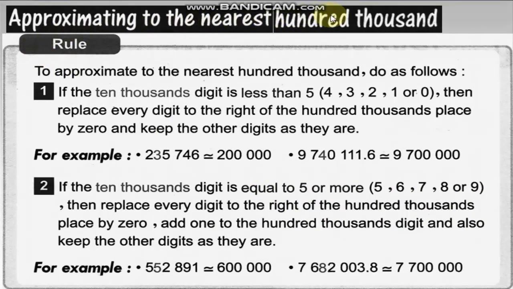Approximating to the nearest 100,000. To approximate to the nearest 100,000, do as follows. If the 10,000 digit is less than 5, that means 4, 3, 2, 1 or 0, then replace every digit to the right of the 100,000 place by 0 and keep the other digits as they are. For example,